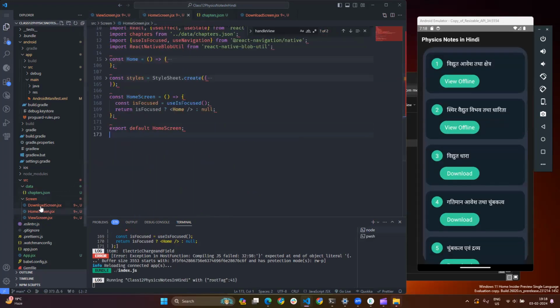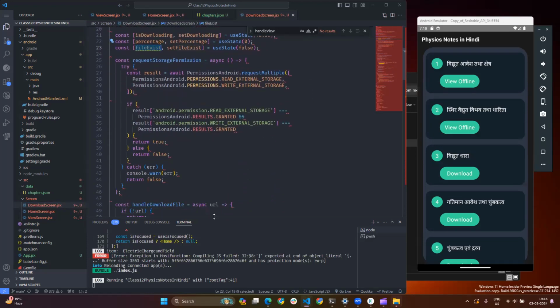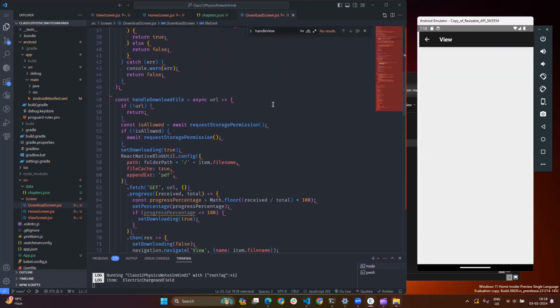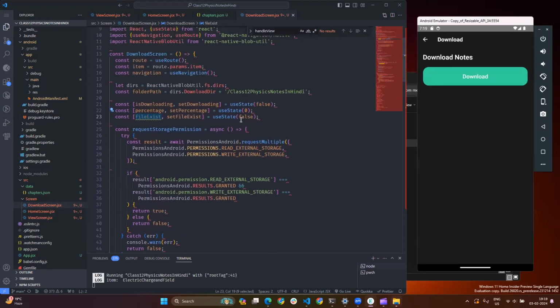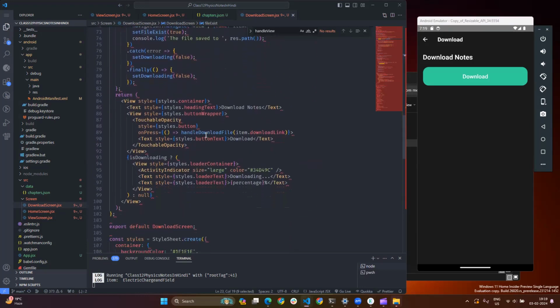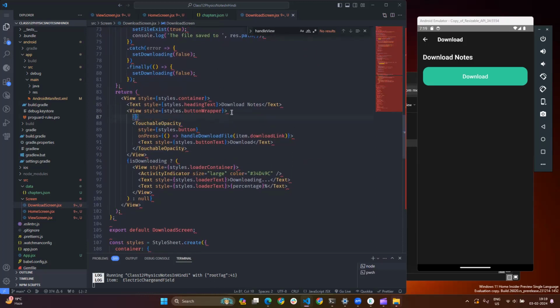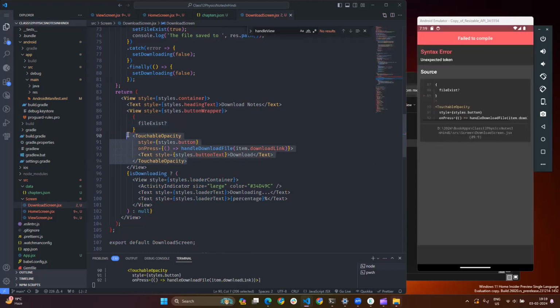Now, let's suppose the file gets downloaded and the file exists is true. So instead of showing the file exists as true, let me click on this. If the file gets downloaded, file exists is true. Let's suppose file exists as downloaded, so instead of showing a download button, if file exists is true, then we're gonna show